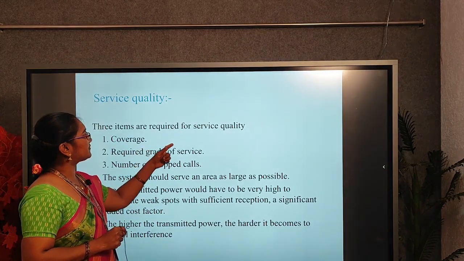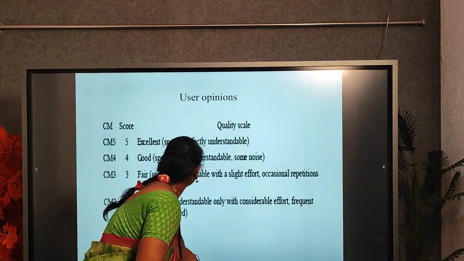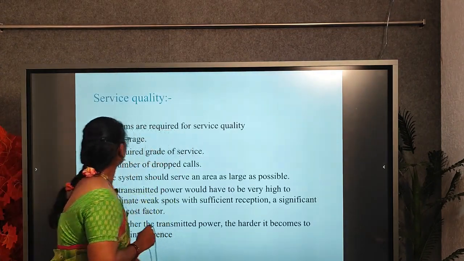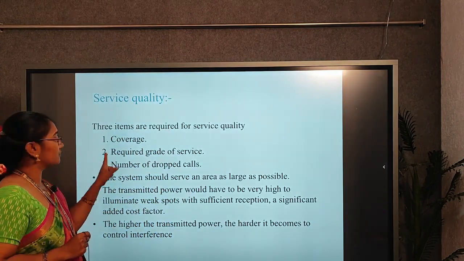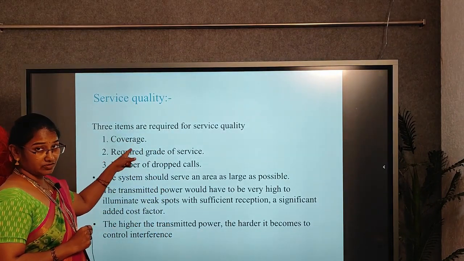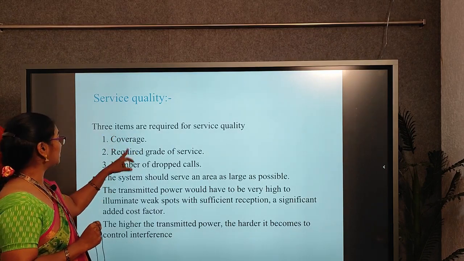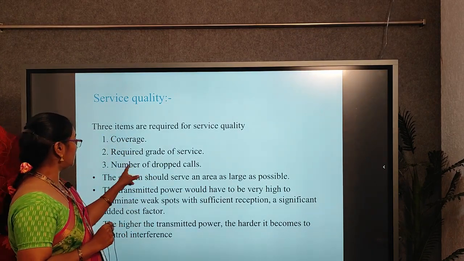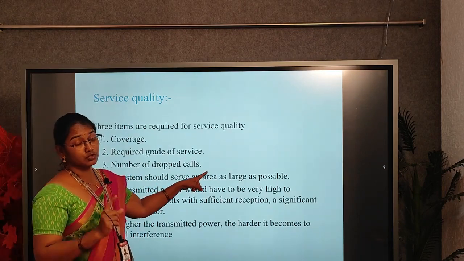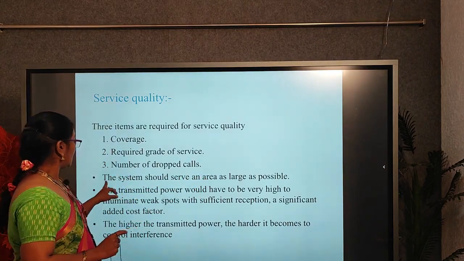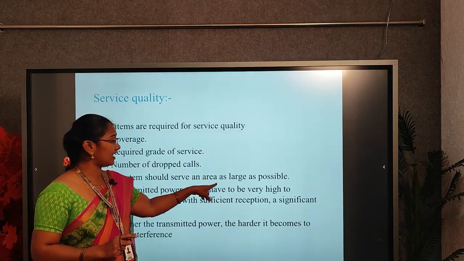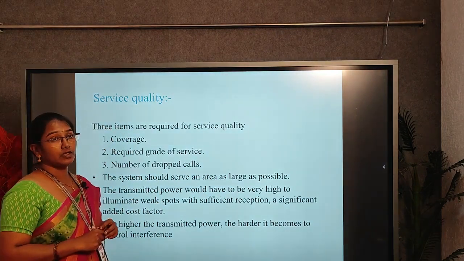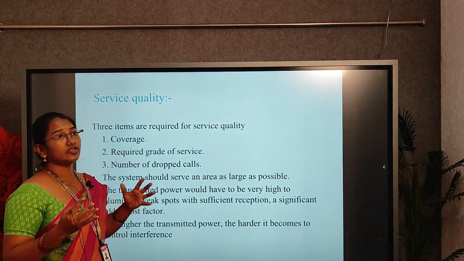Three items are specified for service quality. The second parameter here is service quality. Service quality means the cell site should be in coverage, then only service quality will be good. Required grade of service: grade of service should be good. The number of dropped calls should be very, very low. The system should serve an area as large as possible. First one, coverage area. Whenever the signal strength is good,